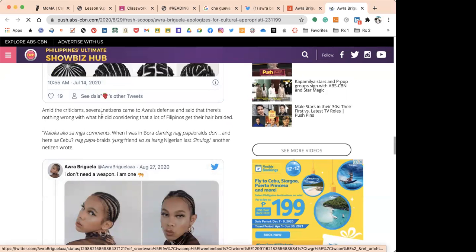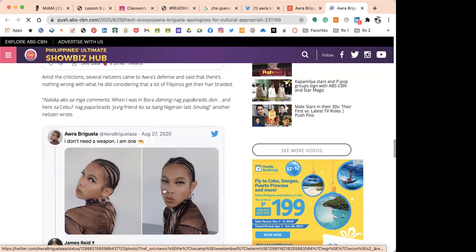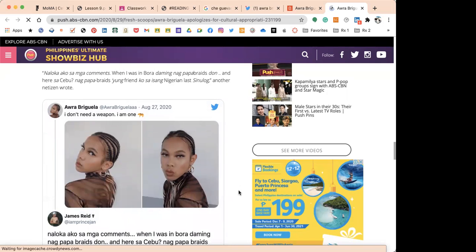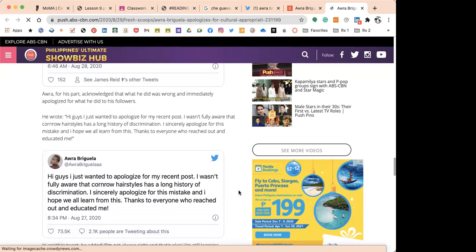Amid the criticism, several netizens came to Aura's defense and said that there's nothing wrong with what she did, considering that a lot of people or Filipinos get their hair braided. Naloka ko sa mga comments. "When I was in Boracay, daming nagpa-braids doon. And here sa Cebu, nagpa-braids yung friend ko sa isang Nigerian noong Sinulog," one netizen wrote. Aura, for her part, acknowledged that what she did was wrong and immediately apologized for what she